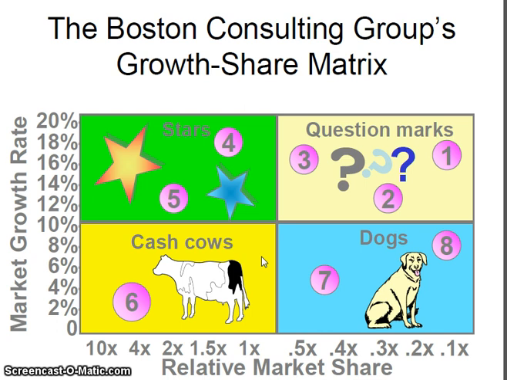Those profits can be diverted and invested into the stars, because that needs investment for the future. That is going to be a cash cow in the future. In the next stage the stars will become cash cows, but for cash cows, in the next stage there is no more future growth. At present they have market share, a well established market. The sales are very high, profit is very high, and you are getting more profit from this business, so that can be utilized for the other growing businesses.